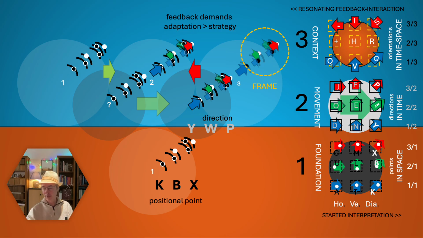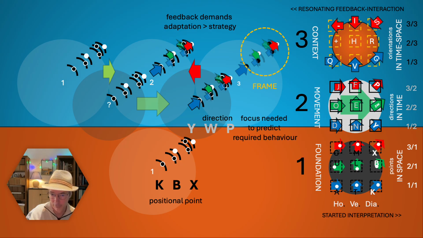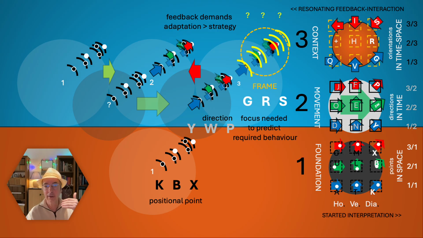A sum of directions, a sum of behaviors, and there will be defined my behaviorism of what I need in these letters. So the focus in that frame is required only to predict the required behavior of the directions that are also changing. So G, R, and S are these three positions, the same thing again, but with more detail, and you can also add